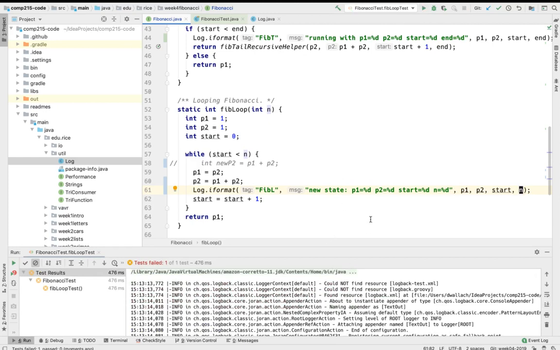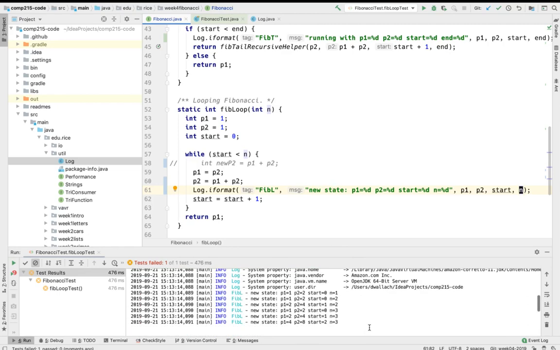Now, where should I have printed this? In the middle, at the front, at the end? Well, right now I'm printing it in the middle of updating the state. So I can already tell you that it's going to be really hard to figure out what's going on here. So let's do this